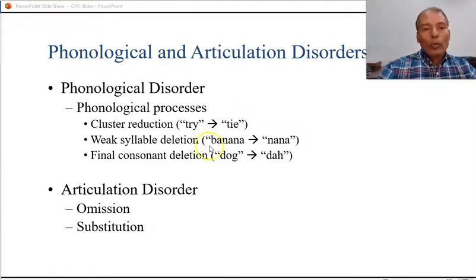So the errors are more severe, more involved. Mostly whole categories of the sounds are affected. For example, there are patterns like this: cluster reduction. The child will have difficulty with any particular clusters of sound, of consonants. Cluster examples: